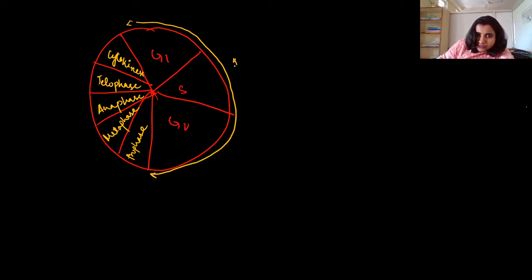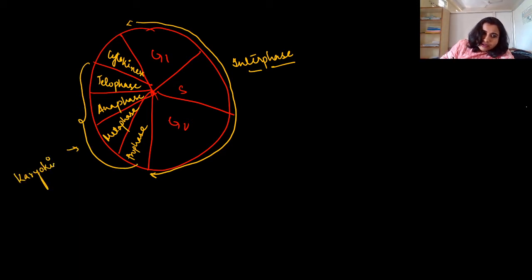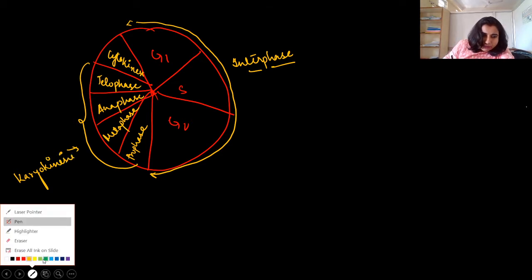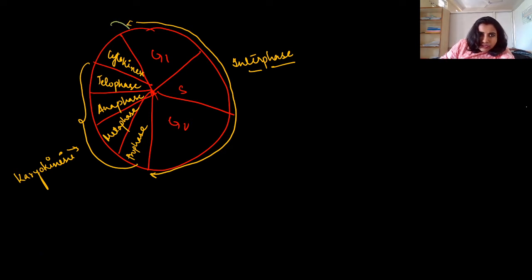We call this interphase. If you have not seen my last class lecture, you can watch it, you will understand it. And this we call karyokinesis, right? So what exactly is happening here? In case of G1, the cell will enter. So this is a cell, right? When this cell is entering the cell cycle, the chromosome number will be 2n and DNA content will be 2c, right? Because it is a diploid cell entering into the division.